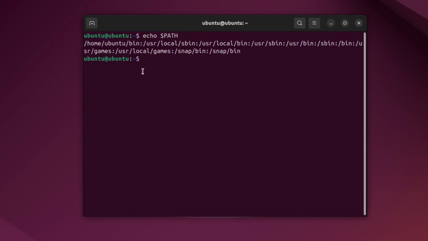Now let's say you have a folder called MyBin in your home directory. You want your system to look inside this folder when running commands. To do that temporarily, type this: export PATH=$HOME/mybin:$PATH, then press Enter. Now your folder is in the path, but this change will only last until you close